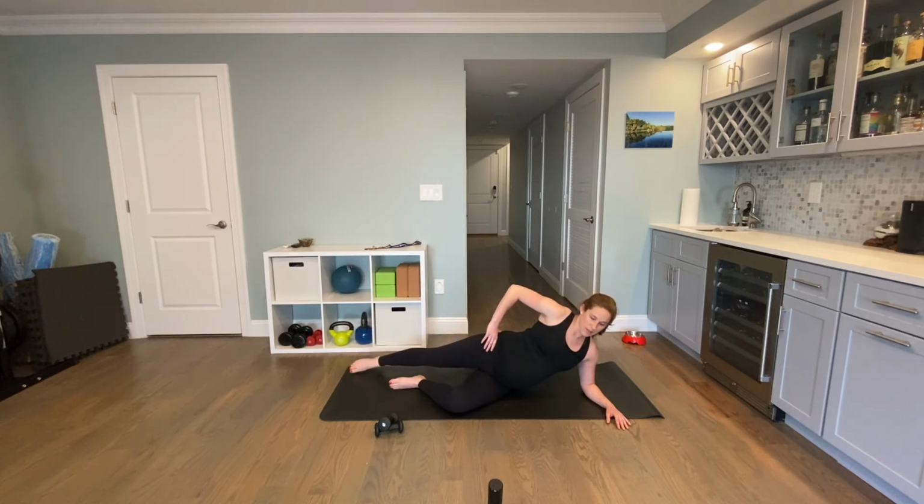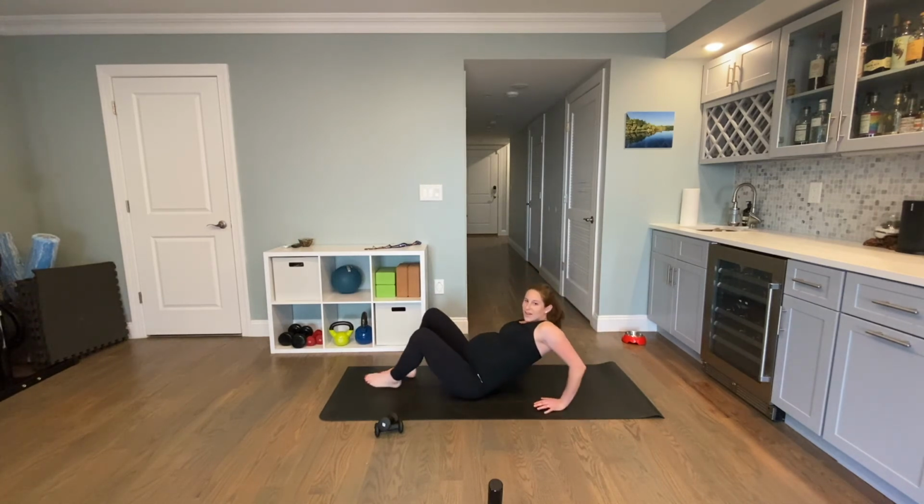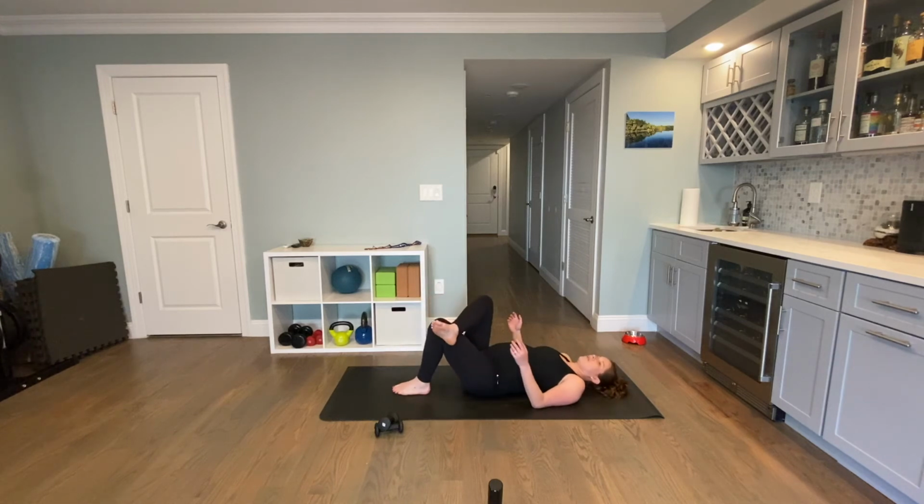4 more, 3, 2, last one, bend the knee in and then tap the whole leg up, tap it up, lift it up. Try not to let it come all the way down to your bottom leg for 6, 5, 4 more, 2, last one, lower your leg all the way down and then roll over onto your back and cross your